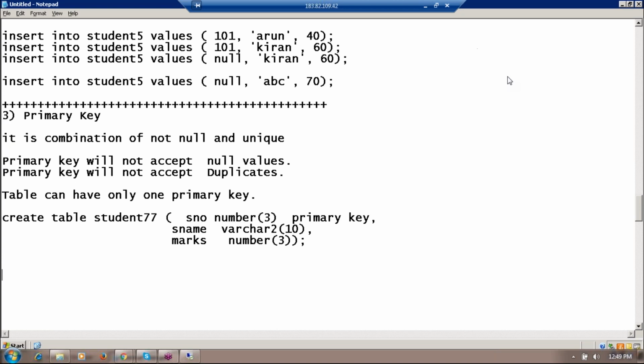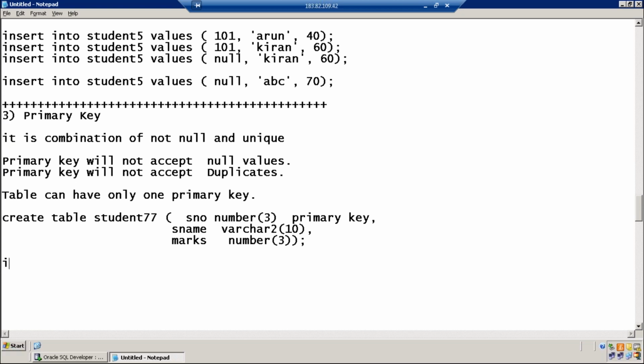Primary key is a combination of not null and unique. So instead of writing primary key, can't we write not null unique? You can do that. That is nothing but primary key. They have combined these two constraints, and Oracle is providing it. So when you want to apply two constraints, just apply primary key. The combination is valid, but it is best to use primary key, which is simpler.